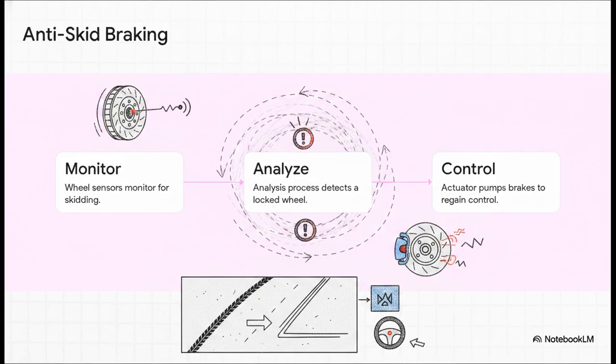It immediately sends rapid on and off control signals down to the brake actuators on that specific wheel. By physically pumping the brakes, the actuator alters the car's physical behavior in real time, allowing the wheel to turn just enough to minimize sliding so the driver can regain control. So to recap, environmental control takes sensory input, analyzes it, and then uses physical actuators to actively control and change